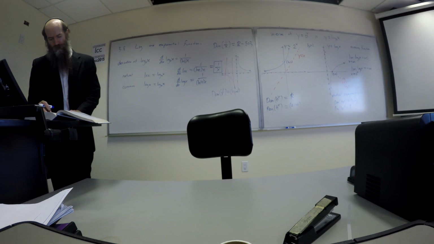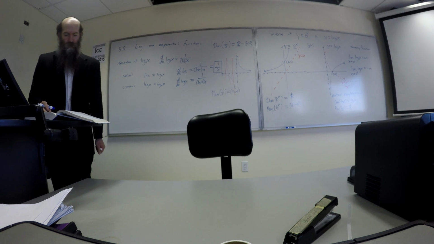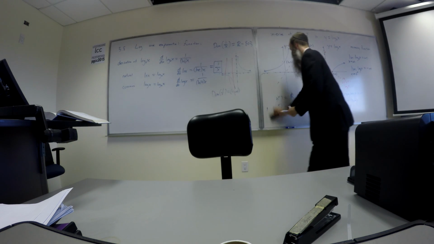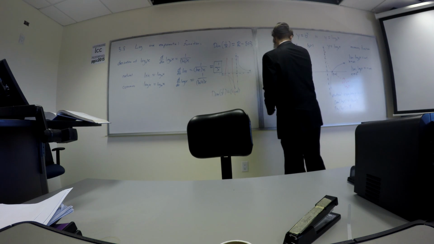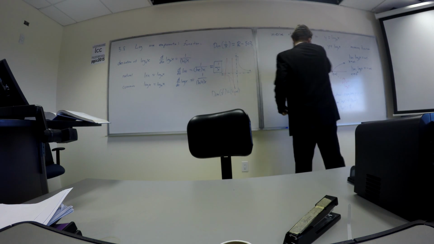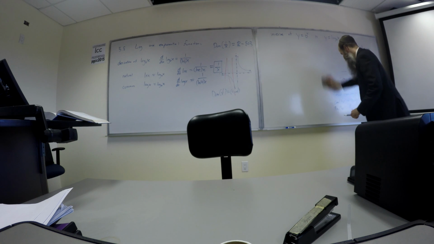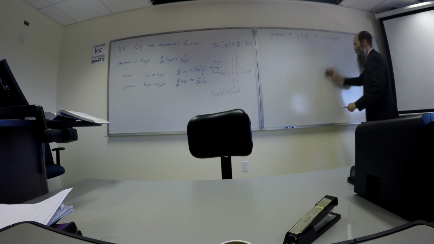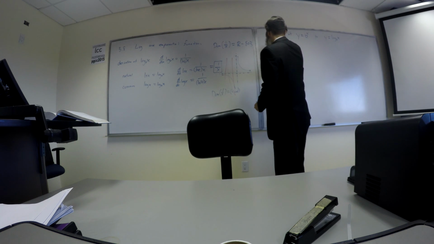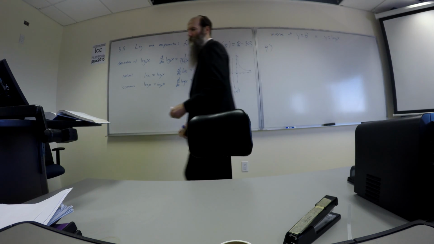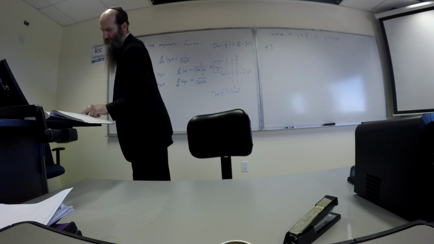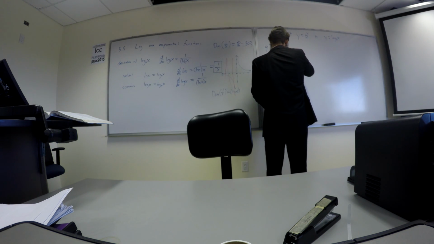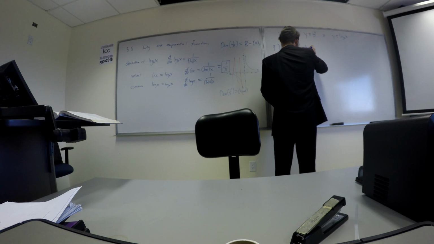Too easy. Maybe not. We'll do number 9. It's the first, I guess, real problem. So they're going to ask us the derivative of a logarithm and an applicable domain. Number 9 has for us y equals ln x squared. It says find the derivative of ln of x squared